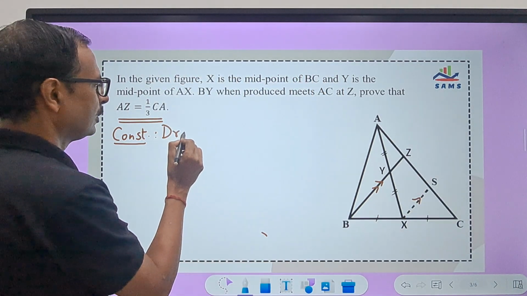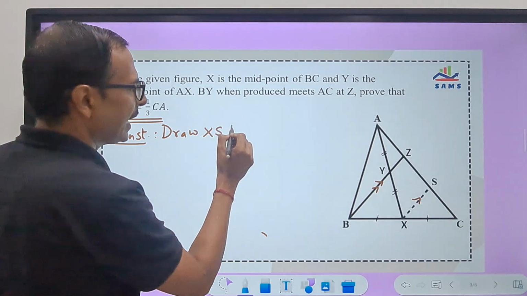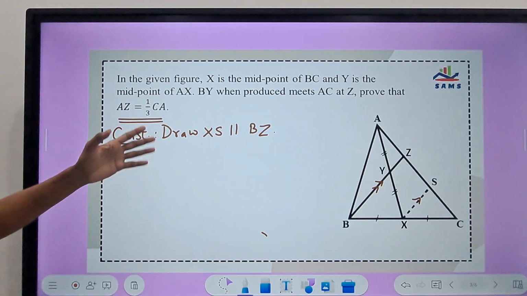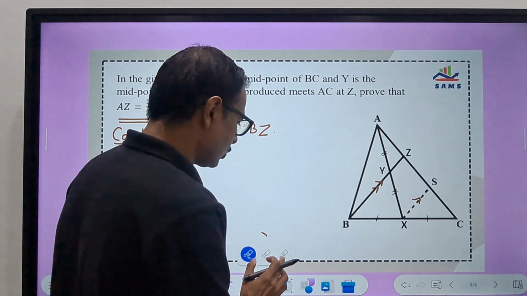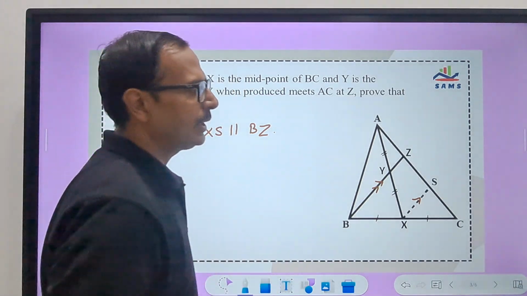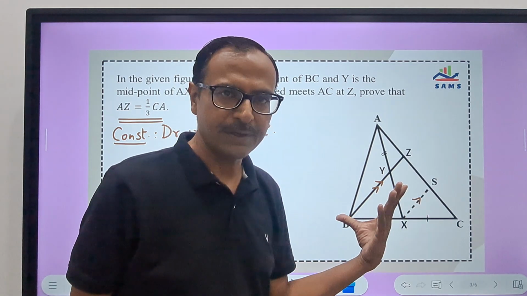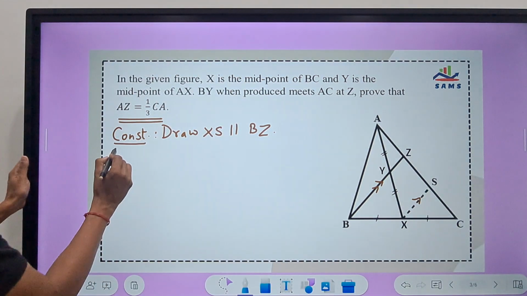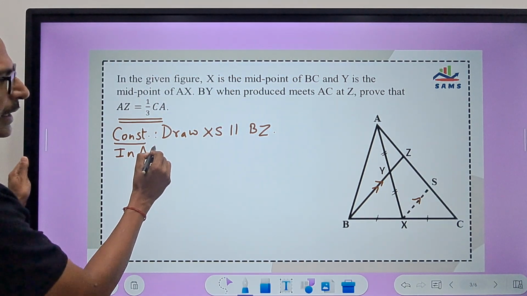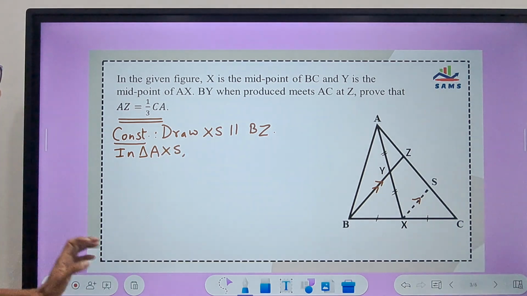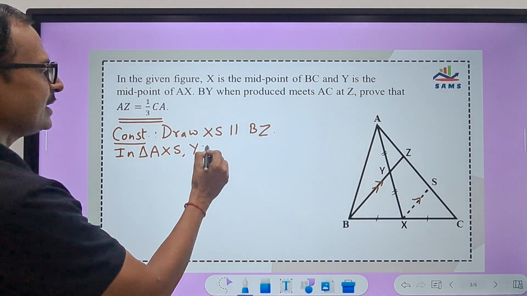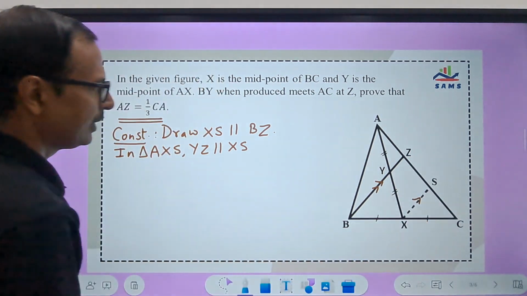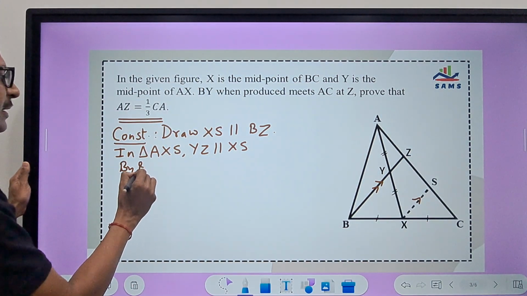This dotted line is drawn parallel to this line BZ. So draw XS parallel to BZ. Very important, because if we don't have a parallel line, then we cannot apply basic proportionality theorem. So to apply basic proportionality theorem, we need to have a parallel line, and that is why we have constructed it. And now let us take triangles one by one. So the first triangle I am taking is in triangle AXS. So you can keep on watching the figure. YZ is parallel to XS, because we have made the construction that these two lines are parallel, and so we can apply BPT. So by BPT,